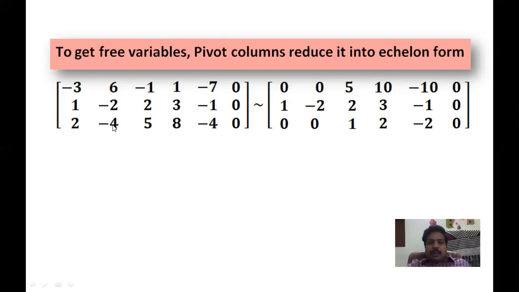For the third row, we are going to do R3 goes to R3 minus 2R2. So 2 minus 2 is 0. Minus 4 minus of minus 4, that is minus 4 plus 4 is 0. 5 minus 4 is 1. 8 minus 6 is 2. Minus 4 minus of minus 2, that is plus 2, that is minus 2, and 0. So this is the